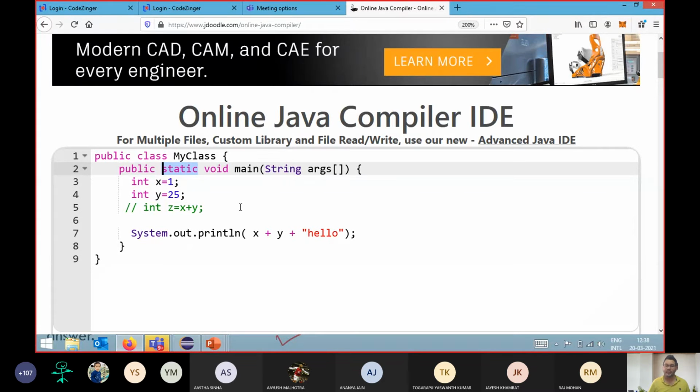Sir, one more doubt regarding this only. If we don't write static and here we are giving an output with SOP, will it still run if we remove the static? No, actually, in